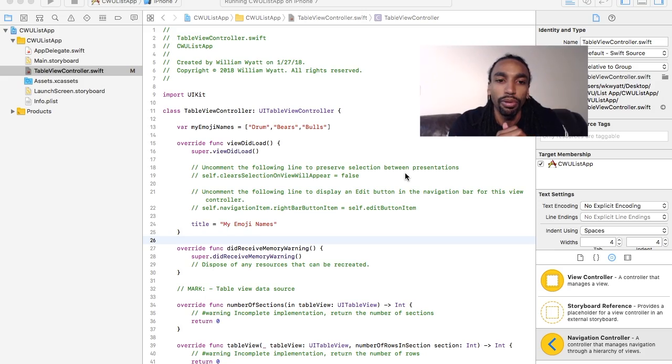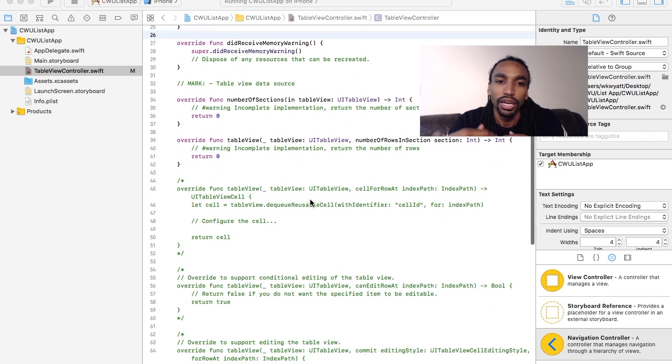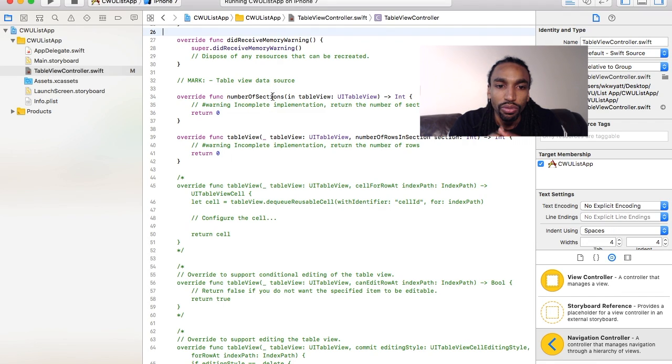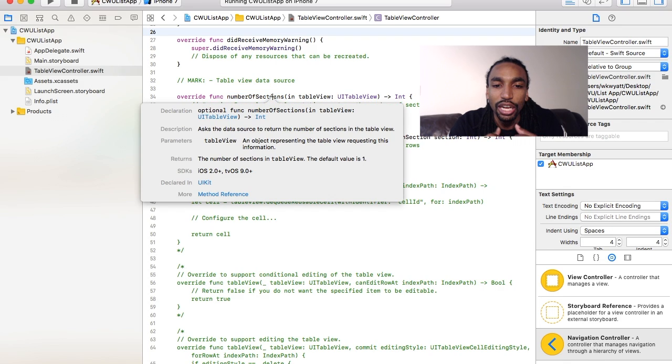All right, so go ahead and pause it if you need to. Go ahead and download the project from GitHub, go ahead and check that link out. It's also in the description below. You can go ahead and follow along. We're gonna open our TableViewController.swift. You're gonna scroll down and take a look at your table view functions. You got the first one, which is numberOfSections in tableView. If we look at the descriptions, it says ask the data source to return the number of sections in a table view. Okay, that's a long-winded way of saying